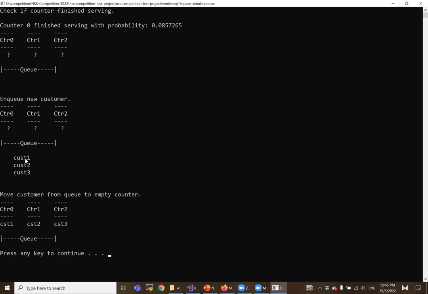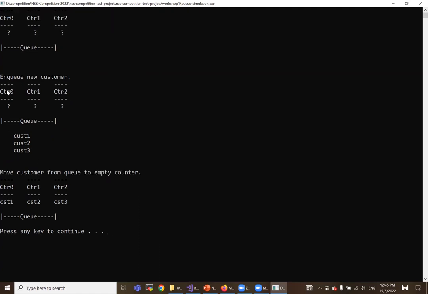So you can see in the queue now, customers 1, 2, 3 are waiting. Okay. Then only I move the customers from the queue to the empty counters, because from here we see that counters 0, 1, and 2 are all empty, right? So customer 1 is in counter 0, customer 2 in counter 1, and customer 3 in counter 2. Right. That is the end of